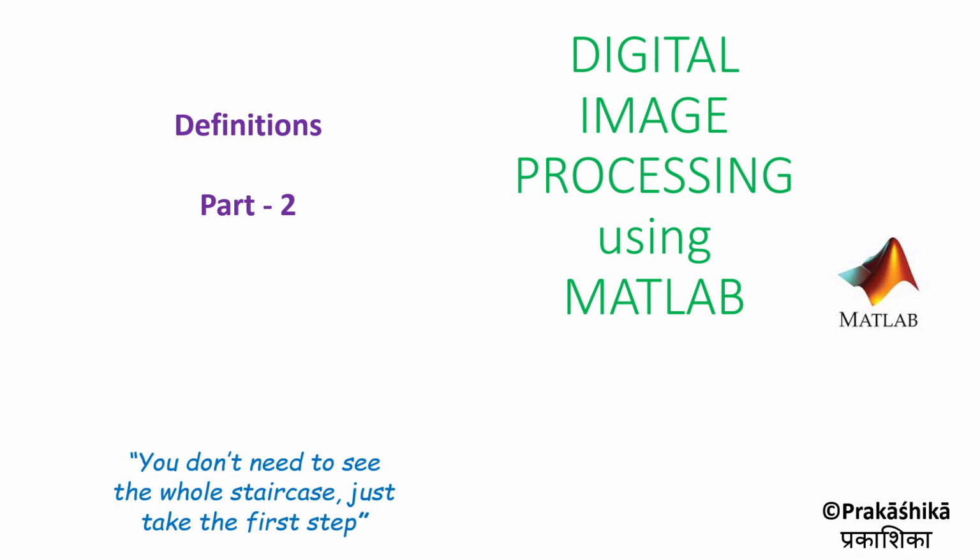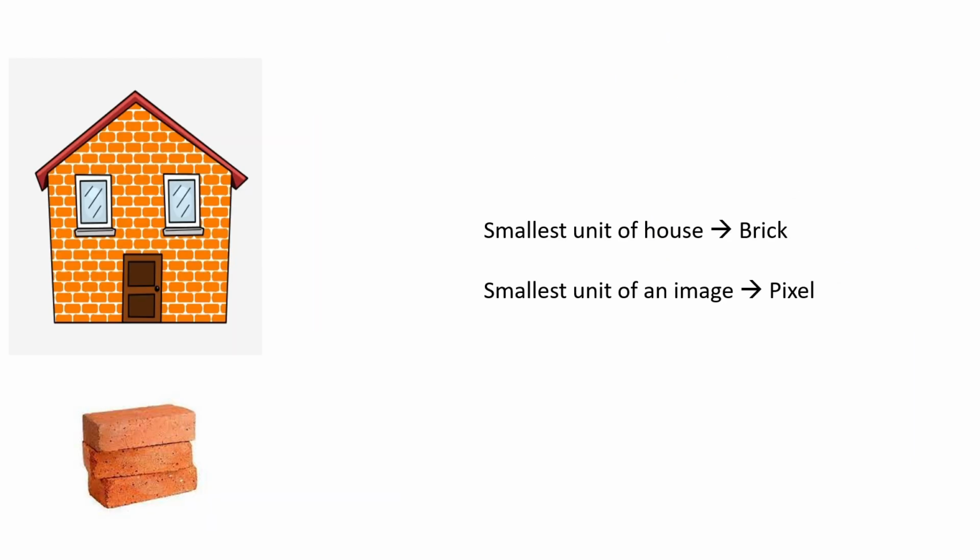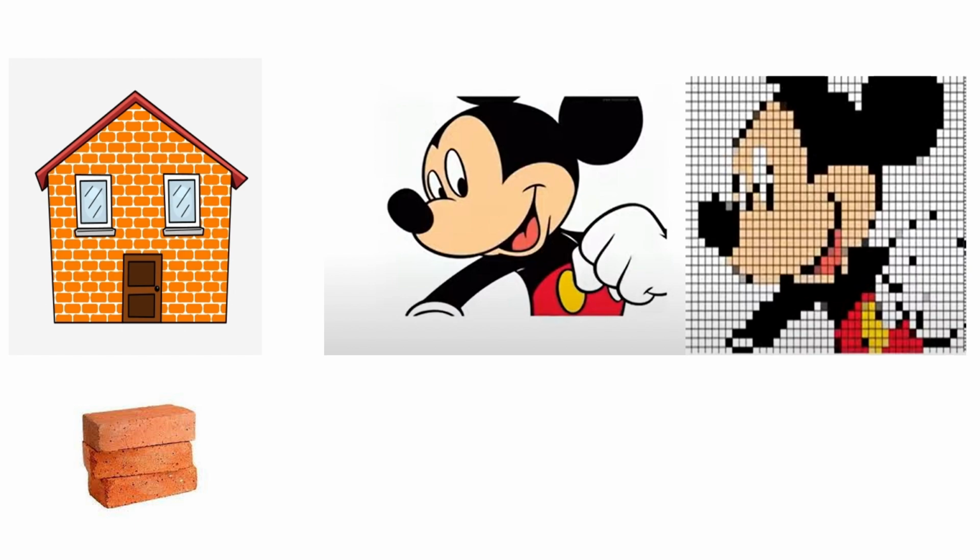So we also saw what a pixel is. Pixel is the basic building block of an image. Just like the basic building block of a house is a brick, the basic building block of an image is called a pixel. And what are the other names for pixel? It is picture element, pel, or image element. If you take an image of a Mickey Mouse, as we have here, and zoom in on your phone or any device, you will see small squares. Those squares are what you can understand as the pixel.